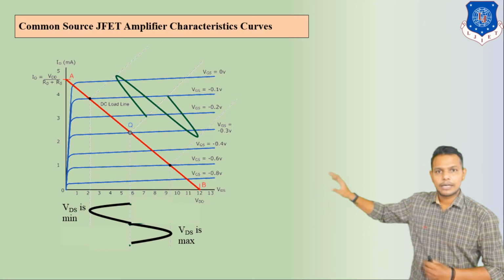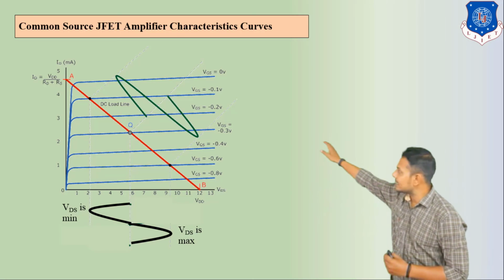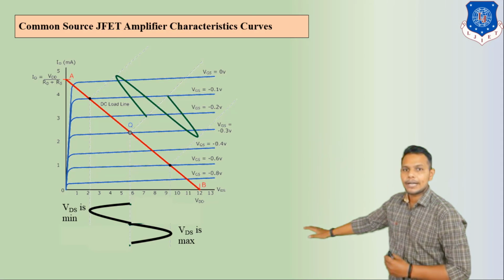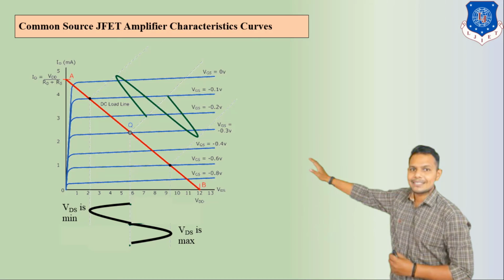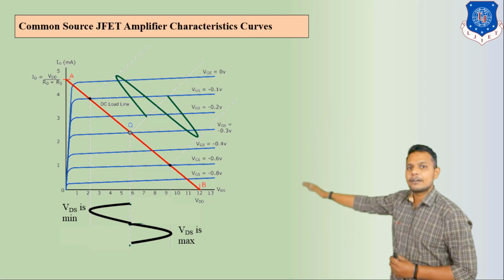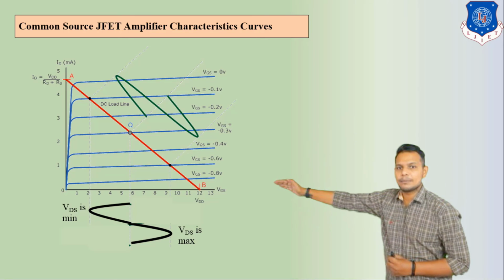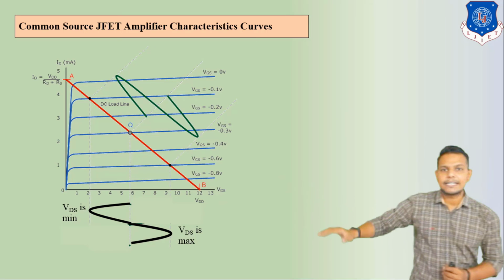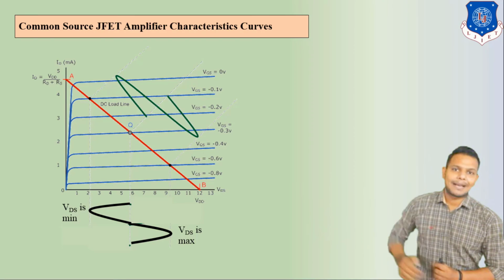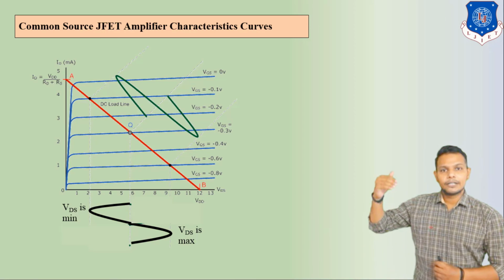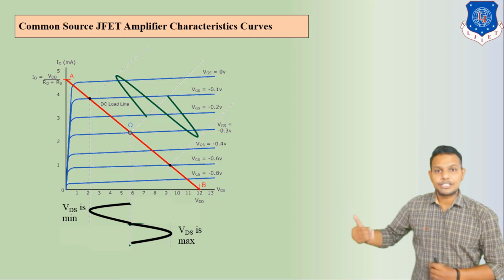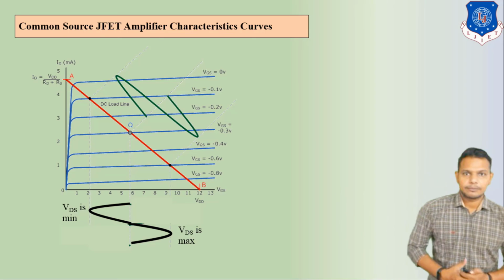Here we plot one input waveform. We can see this is the input waveform, and from this input waveform we can plot the output waveform. Now it is starting from center to maximum. Similarly here we can see it is center to maximum. So in output we can see VDS is minimum first, then after it becomes maximum. So that means it is the difference between the input and output, which is 180-degree phase shift.